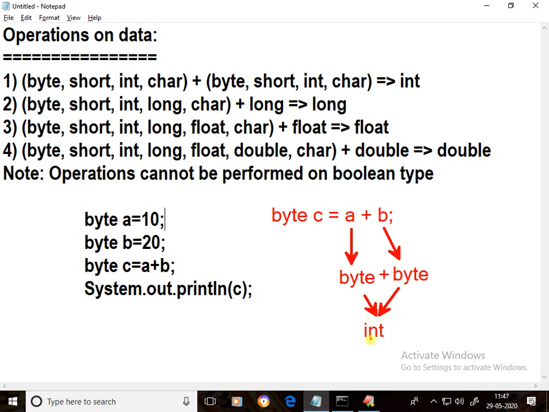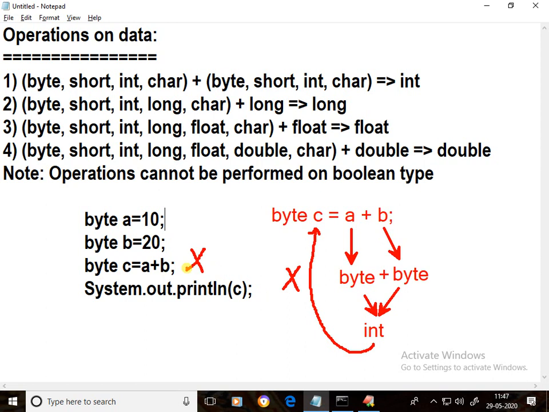Integer I am assigning to byte. So integer assigned to byte comes under narrowing conversions. Narrowing conversions must be done by the programmer explicitly. Otherwise, a compile time error occurs.